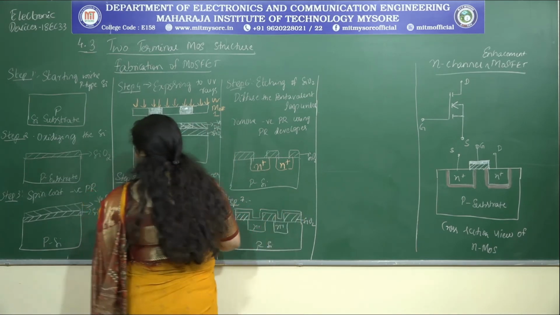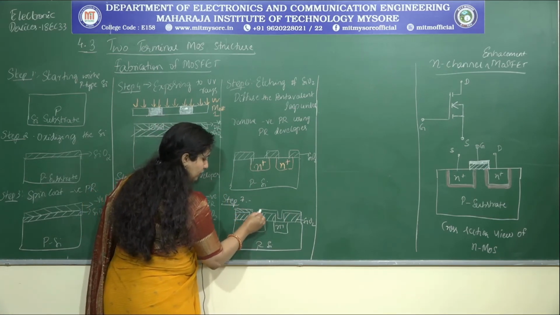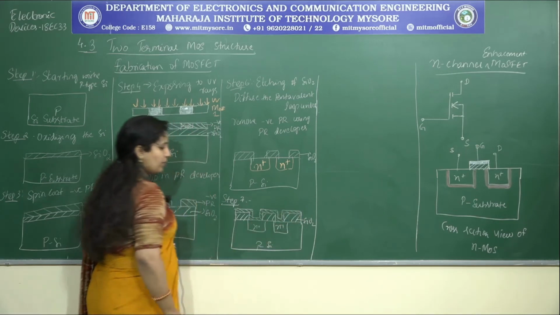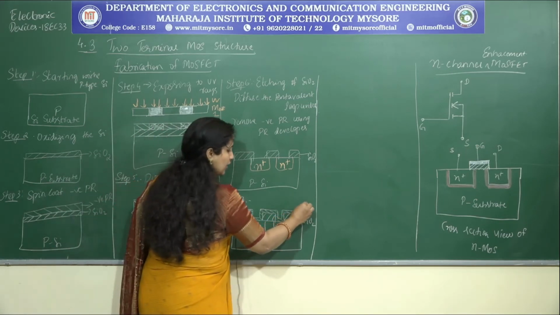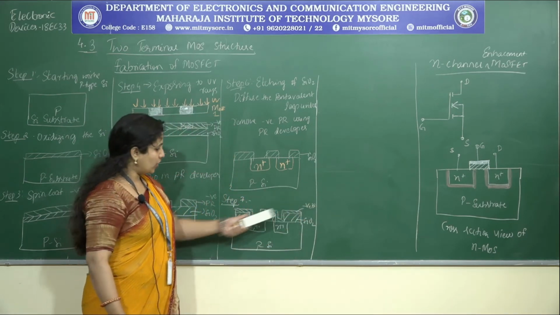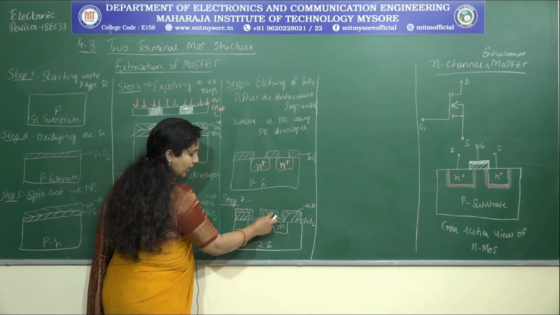Done. What was the hashing I used? This is the way I have represented. Done. What is this? Negative photoresist. Now upon this what I'll do, here is the region where I have to etch the silicon dioxide a little bit